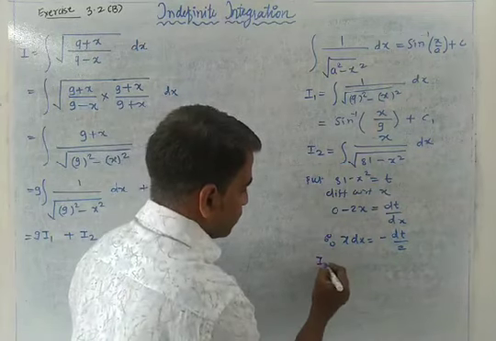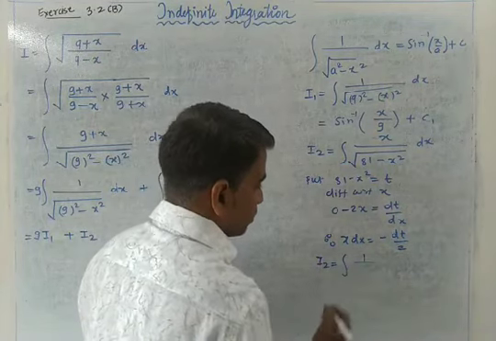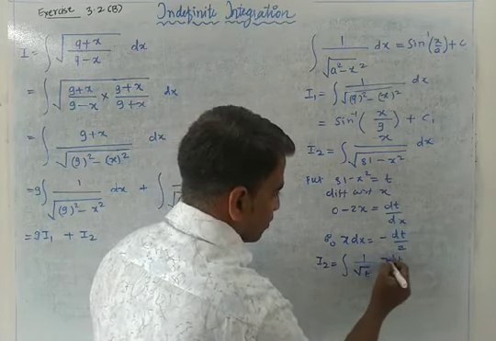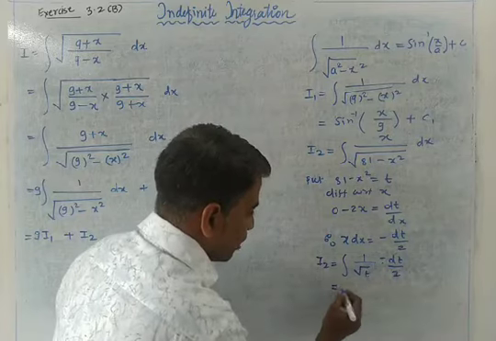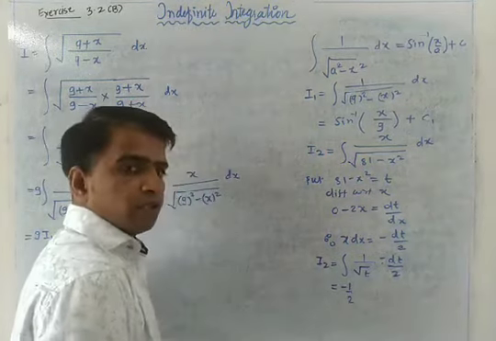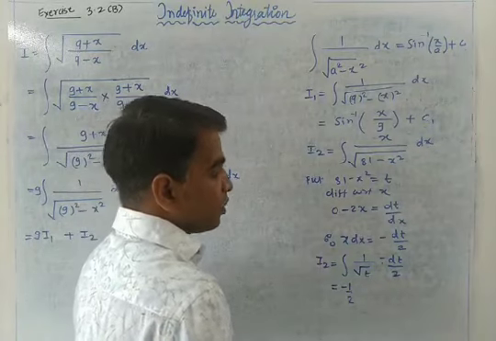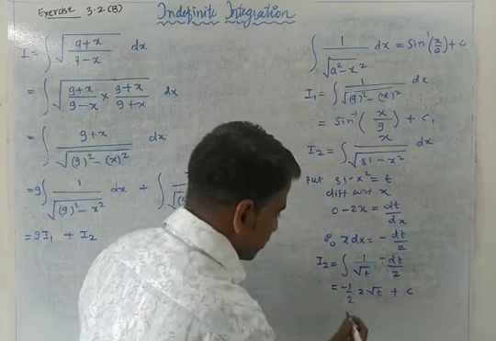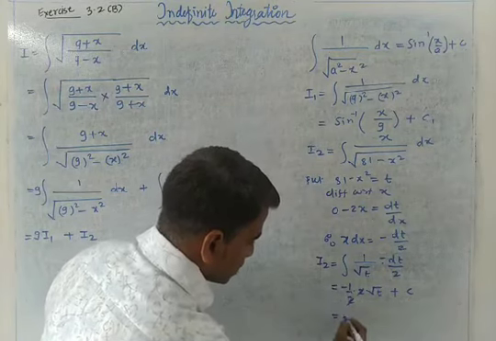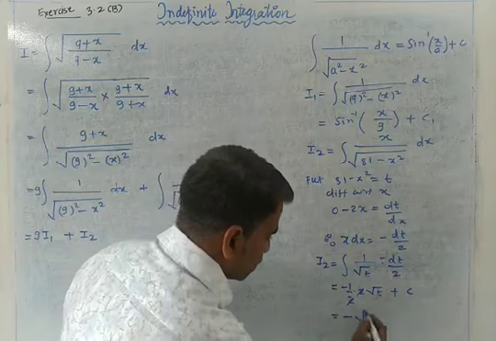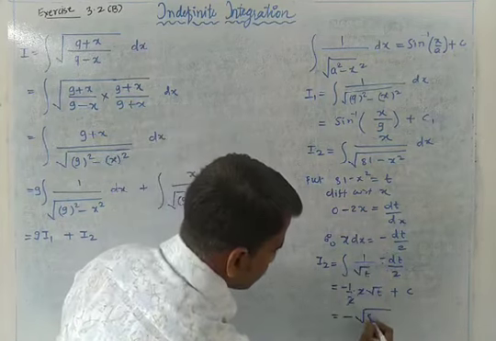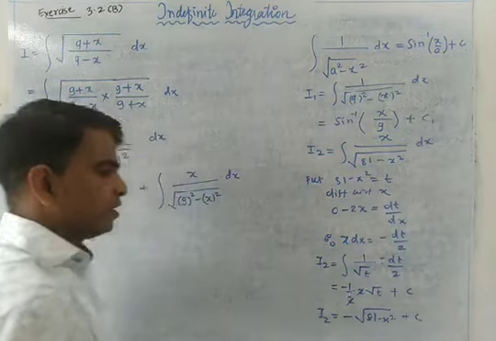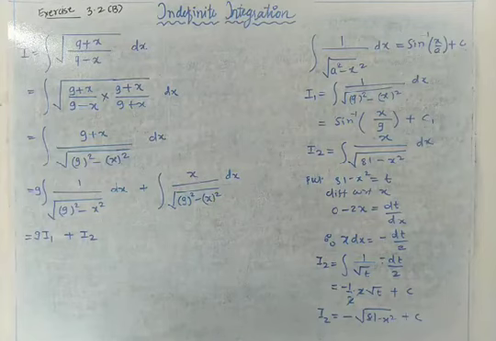So the value of I2 is integration 1 upon under root t into minus dt by 2. And we have the formula for under root t. What is the formula? Integration of 1 upon under root x is 2 root x plus c. That is 2 root t plus c. Now these 2 get cancelled. Minus will remain, minus under root value of t. Value of t is 81 minus x square plus c. Okay. So this is the way you get the values for I1 and I2.